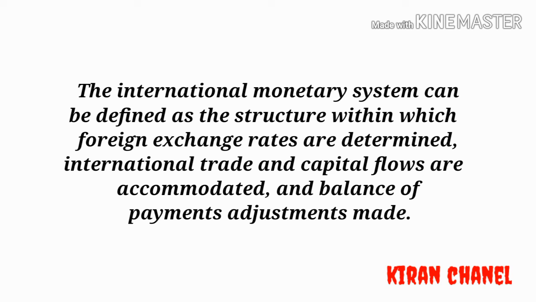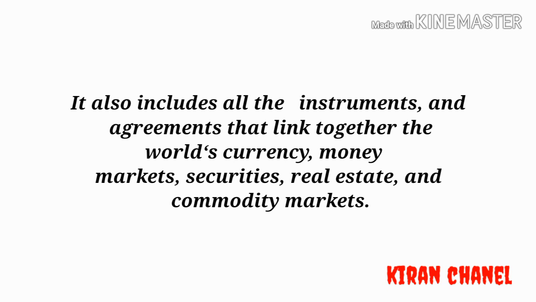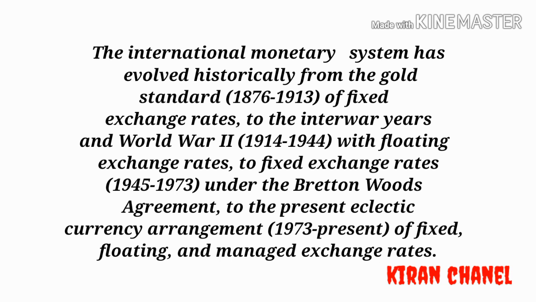1.6 Summary. The international monetary system can be defined as the structure within which foreign exchange rates are determined, international trade and capital flows are accommodated, and balance of payments adjustment is made. It also includes all the instruments and agreements that link together the world's currency, money markets, securities, real estate, and commodity markets. The international monetary system has evolved historically from the gold standard, 1876 to 1913, of fixed exchange rates,